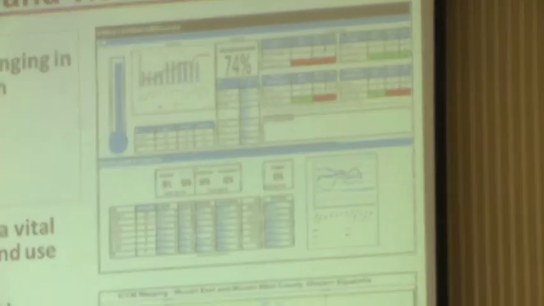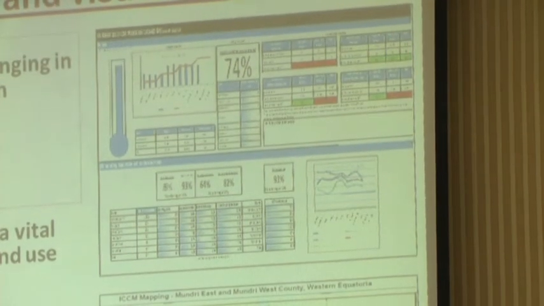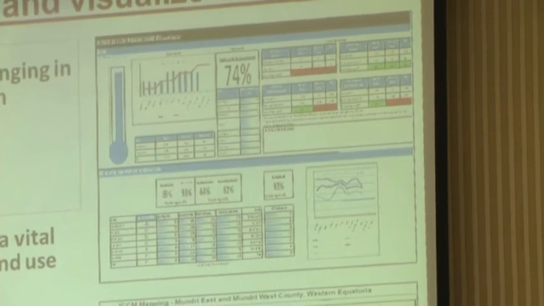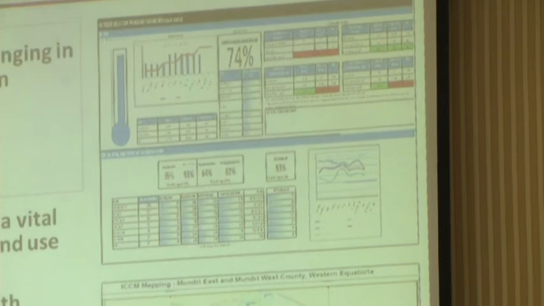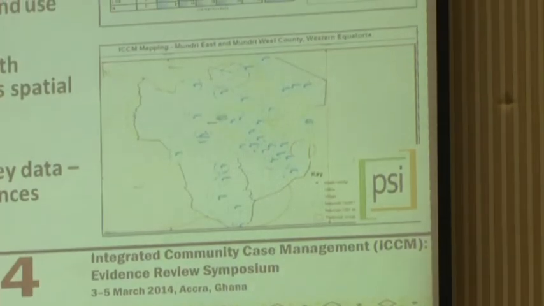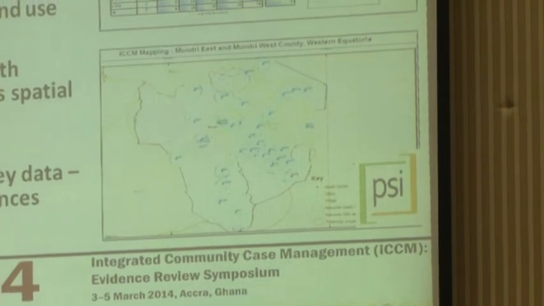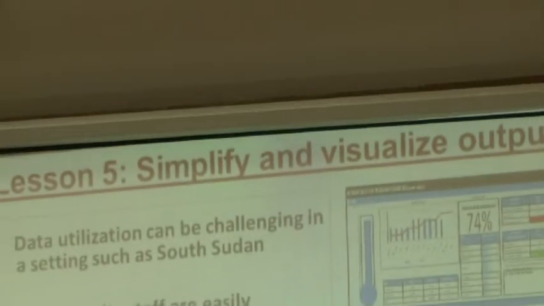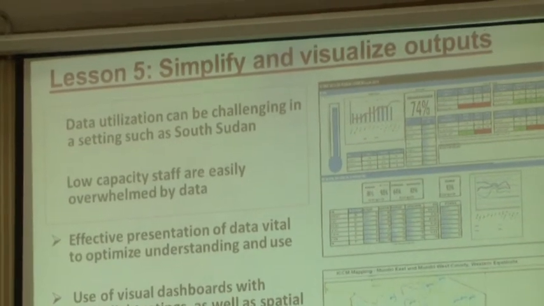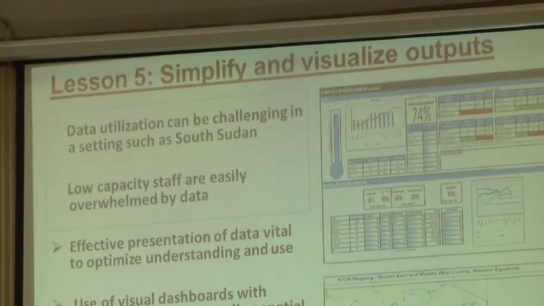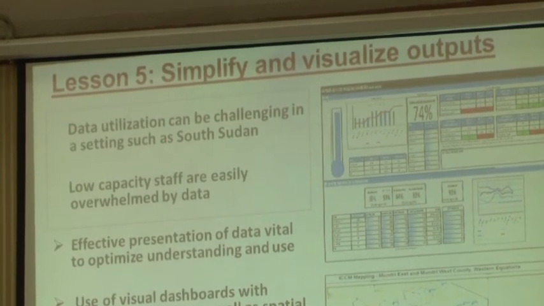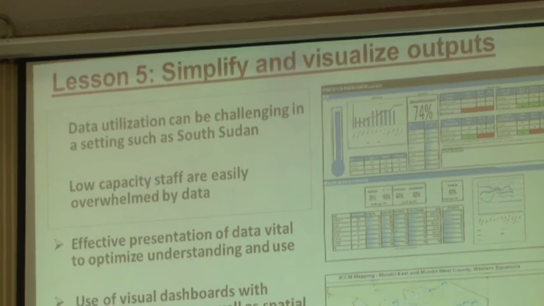if people are low capacity, visuals are very good in trying to get the message across. And even in the style of indicators that you use, it's better to simplify. For example, if you're talking about stock, instead of presenting stock information as the stock balance, you can transform that information into the number of months of stock that you have left. A small adjustment like that makes people at the warehouse very responsive. If you traffic light it and they know that they've only got 2 more months of stock left, they react to that much more than